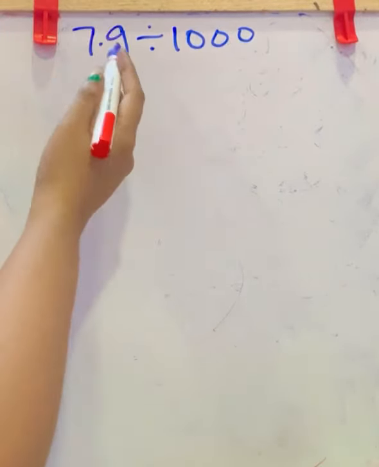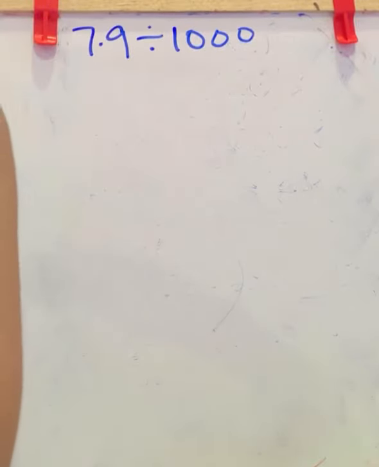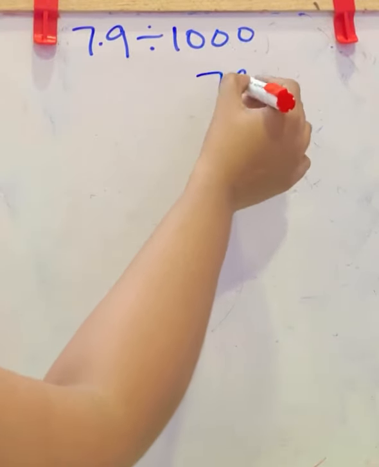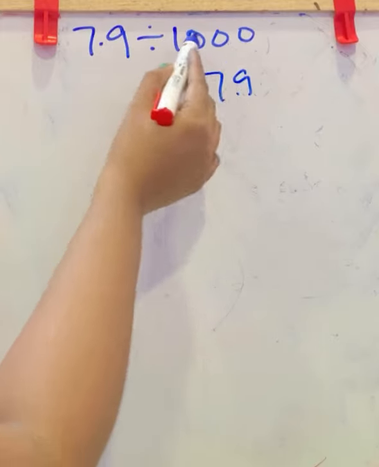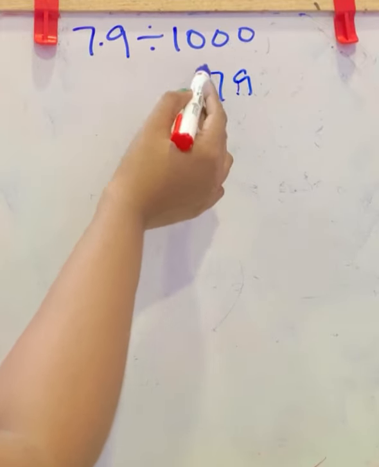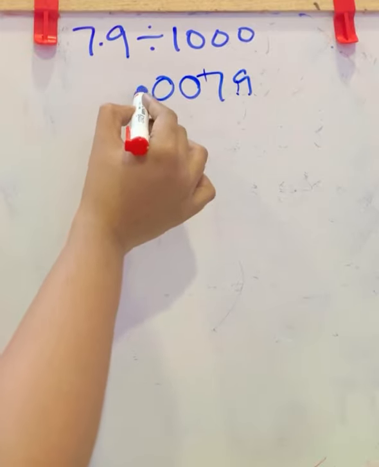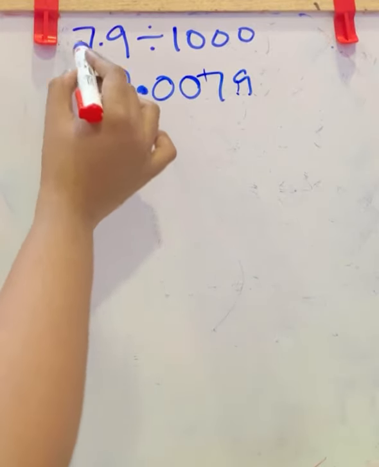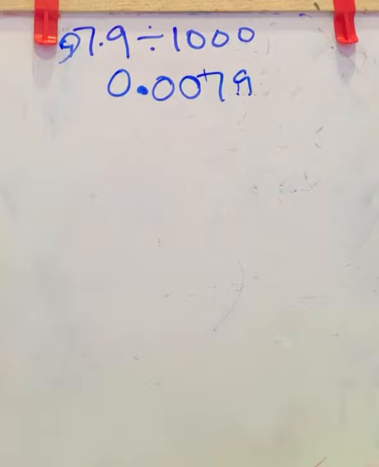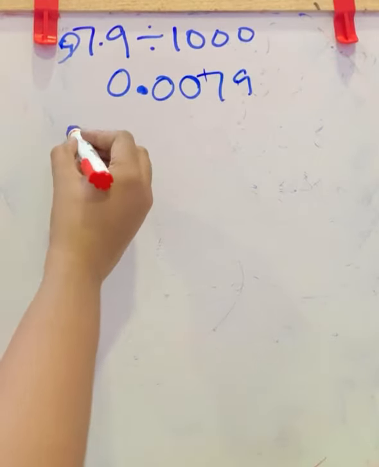So you want to move 3 places left side, the decimal. So 79 is the, here was the decimal. Moving 3 places to left side, it reaches 1, 2, 3. The decimal point reaches here. So you can say 0.0079 is the answer. Next is